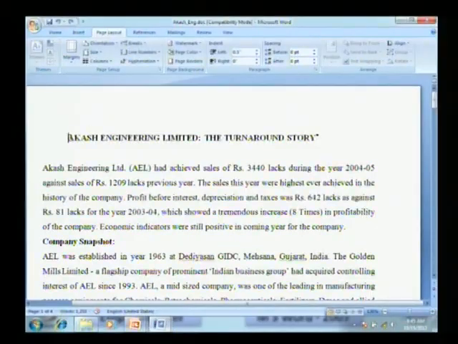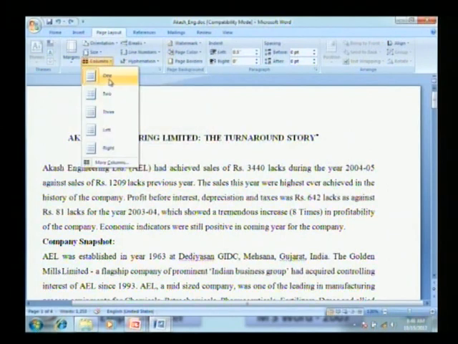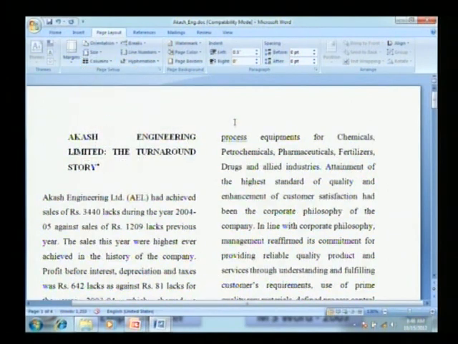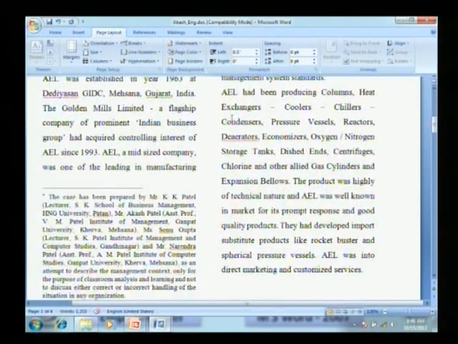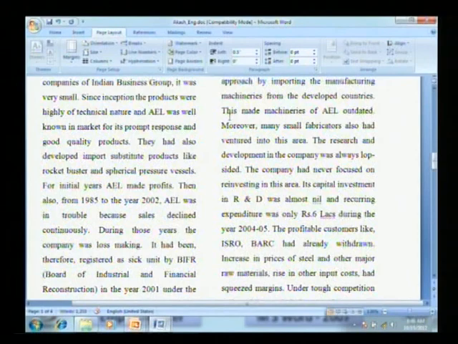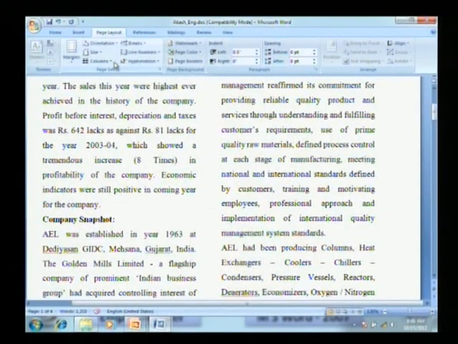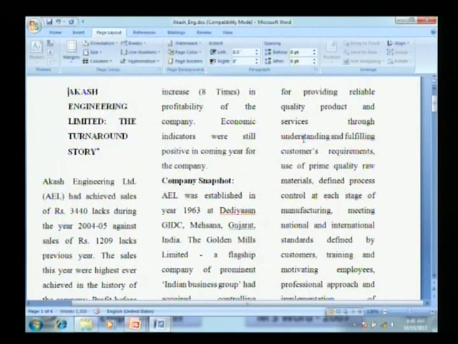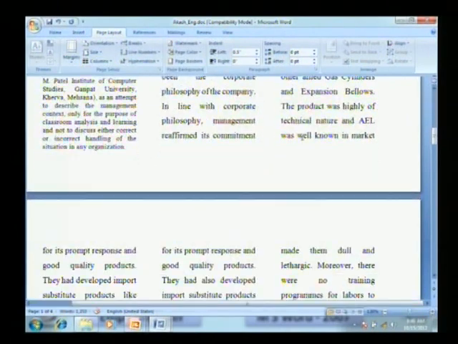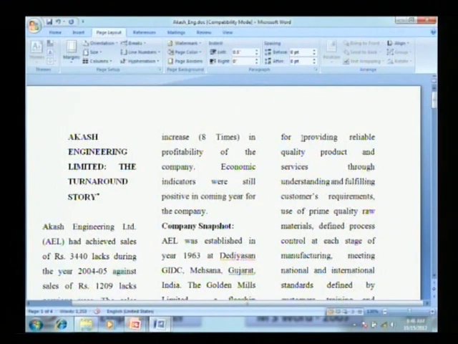Fine. The options are available: column 1, 2 or 3. So I am just applying the column. So the entire contents are available in 2 columns. Fine. As in a newspaper. Suppose we want to use 3 columns, then again go for 3 columns like so. Fine. So these are the good features of Word.